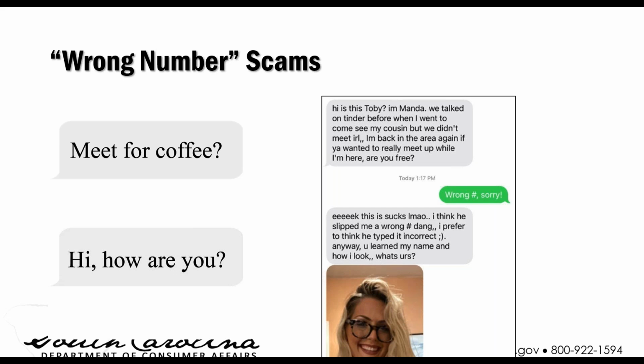In this case, there was one that one of our employees was getting for a while, somebody who would pretend that they met on a dating app or an application or something, and then they would start up a conversation and say, hey, we didn't meet up. Do you want to get together? And then when they say wrong number, the messages would really kick up. After that, a lot of photos, a lot of different messages start pouring in. And again, they're just trying to get that conversation going, either to befriend you or get some type of trust going. And then eventually there'd be some kind of request for money or personal information.